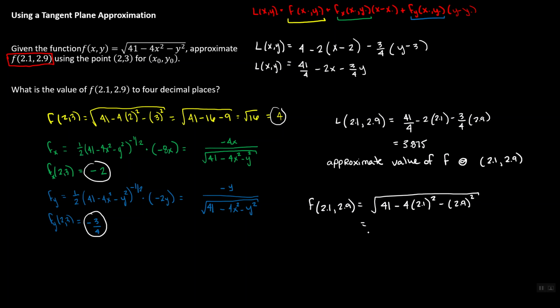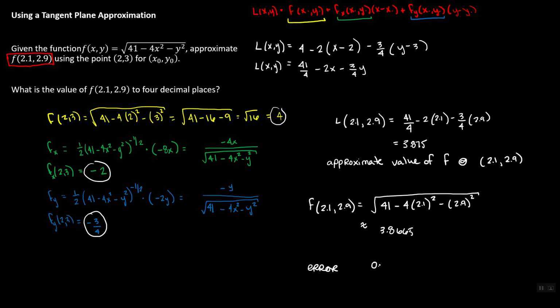Type that into our calculator. And I get some decimals that don't want to stop, so let's go ahead and write that we have here an approximate value, which is about 3.8665, which is fairly close to what we have from our linear approximation. In fact, the error